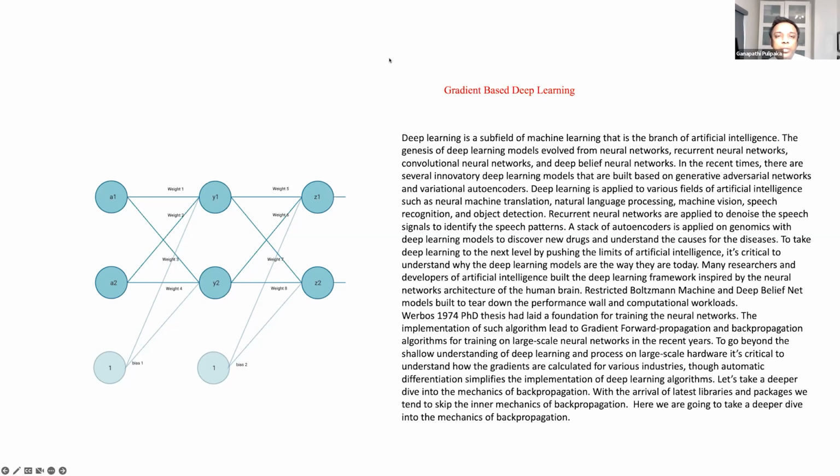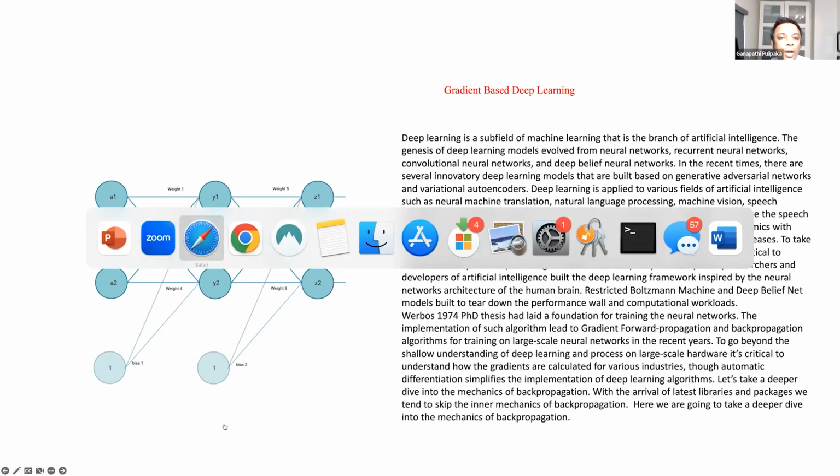Okay, we have a question here about the name of the book. The name of the book is primarily a great foundation for machine learning. That's the name of the book, and you can find it on Amazon. And also a lot of these things I'm talking about right now, you can also find as articles as well.